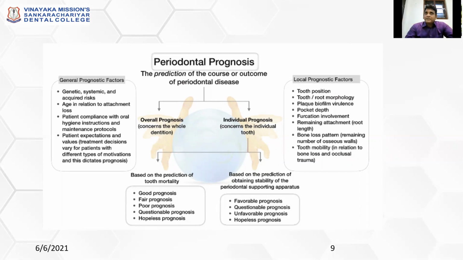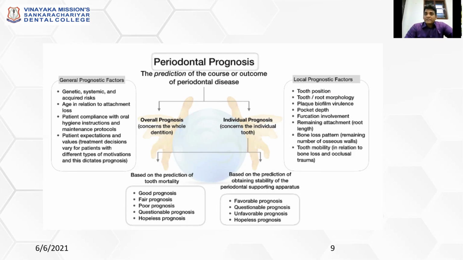For example, if you see about 30% attachment loss at 20 years of age, he is at high risk, because the same 30% attachment loss at 40 or 50 years of age, you can very well take the patient for management. So age is mainly related to the attachment loss, and the patient's compliance. That means if you do oral hygiene instruction, scaling and root planing, and you recall the patient, and still he is not maintaining proper oral hygiene, he is not a patient to be considered for periodontal management with expensive biomaterials. So all these things should be taken as general prognostic factors.